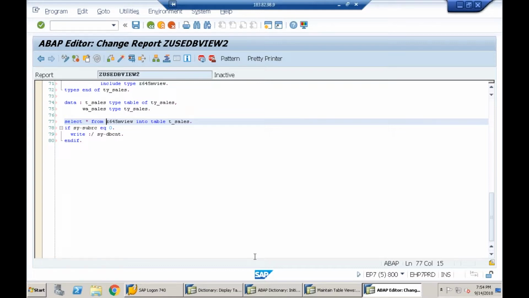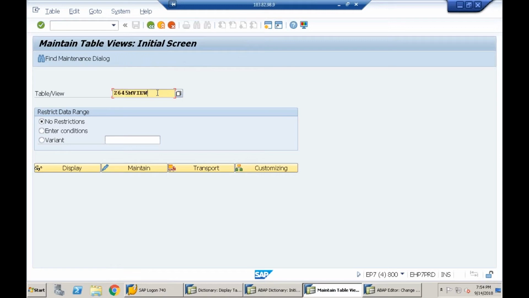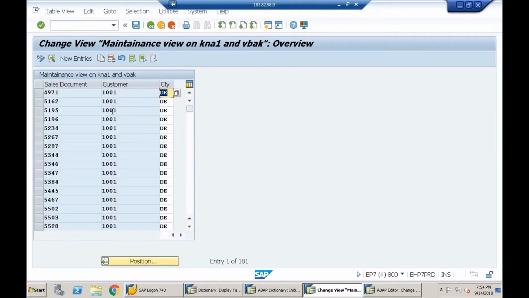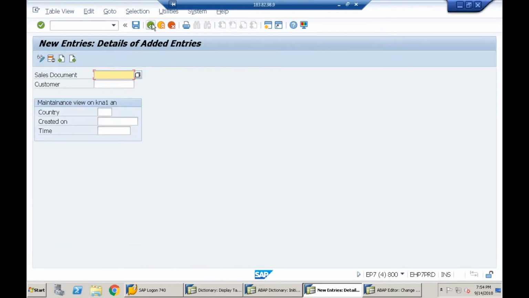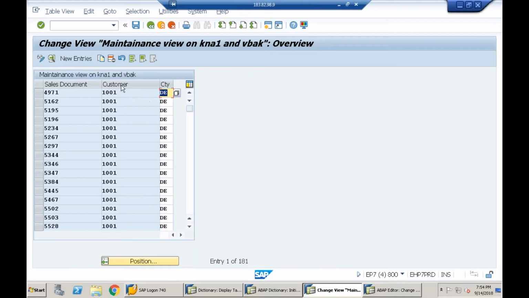And the next point is what? In case of database view created on multiple tables, the maintenance status is always read only. But in case of maintenance view created on multiple tables, maintenance status can be read only or read, change, delete, and insert. So I generated the table maintenance for the maintenance view which is created on two tables now. So I can do all changes here. See, I'll click on new entries. I'm able to insert the data, I can delete the data, I can modify, I can view. All the database operations I can perform on